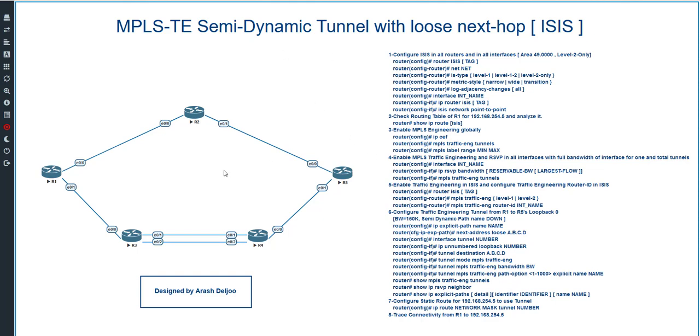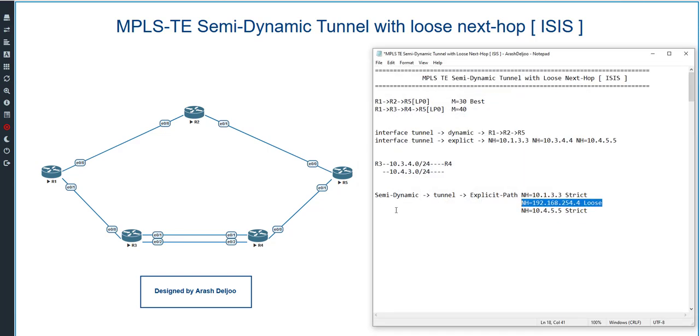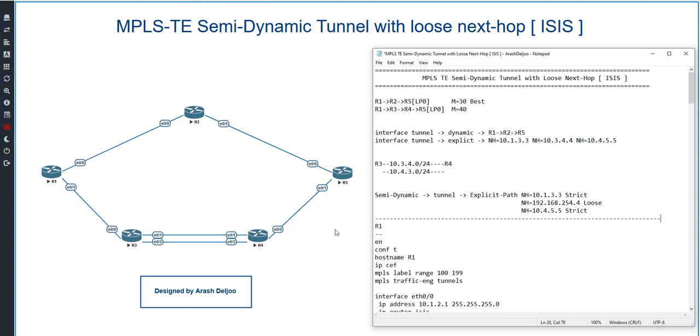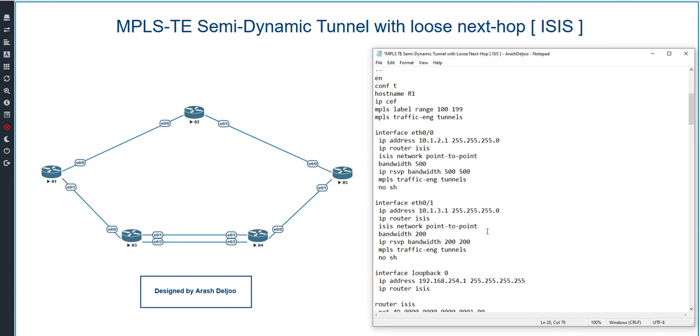Look at here, this is the scenario we configured, similar to the scenario in the previous videos. Let me use one of the CLIs that I have, one of the configuration files, and after some changes we can use this configuration file in this scenario. Let me start with router one. Again, I'm configuring all of